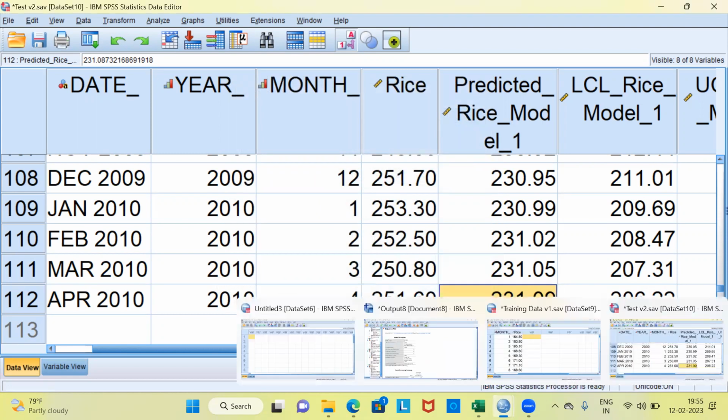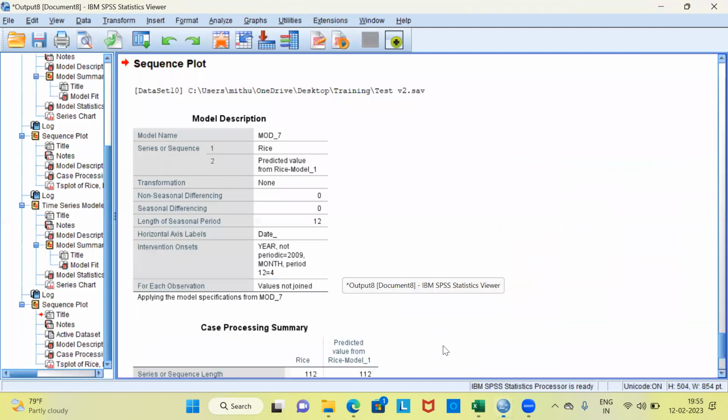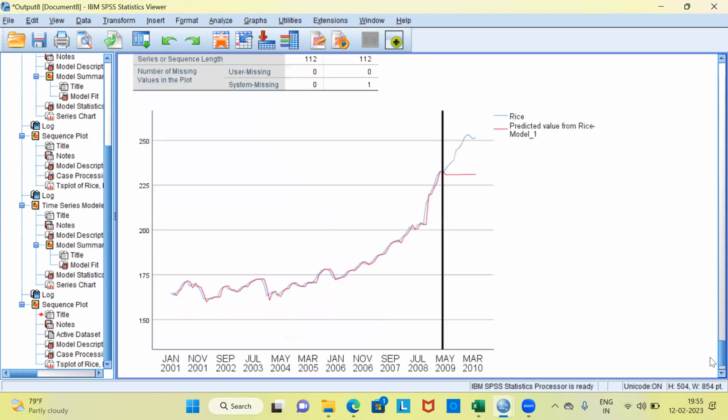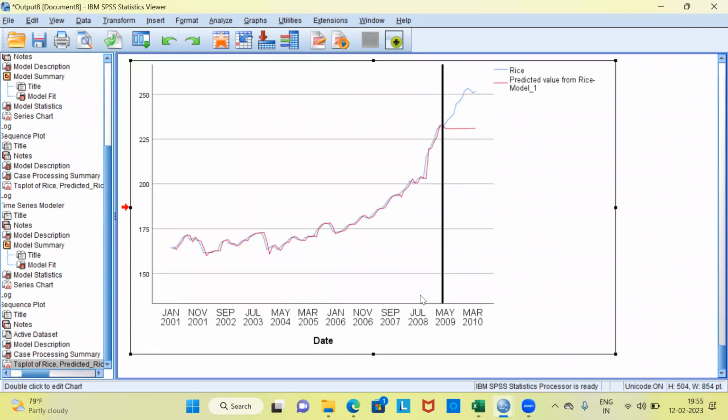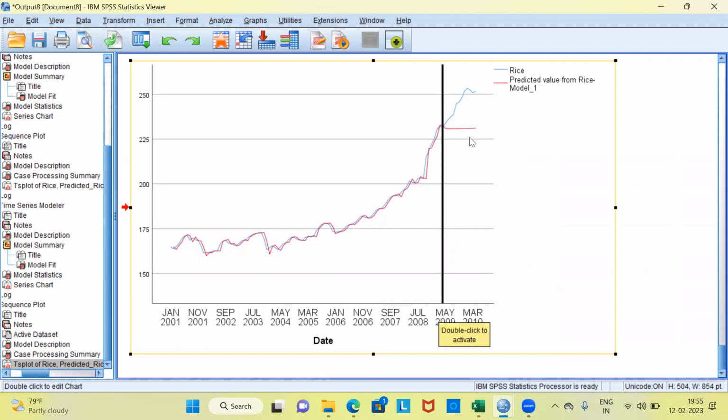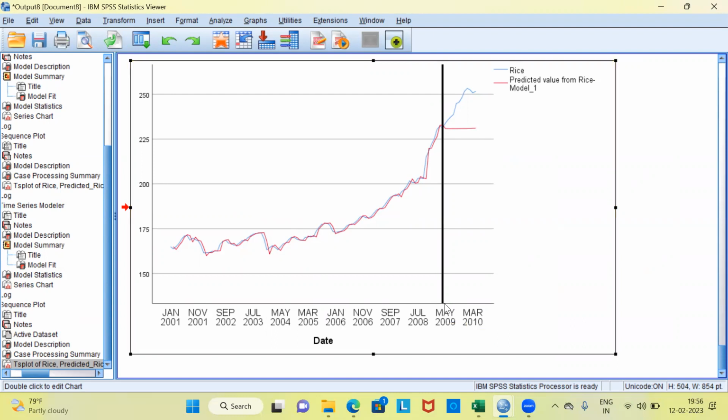This is the SPSS output window. You can see here the sequence plot has been generated. Let me scroll down. So this is the time series plot that we have. What you see here is from January up to May 2009. The blue line here, when you look at the legend, the blue line represents actual data and the red line represents predicted values. For 9 years, that is from January 2001 all the way up to May 2009, the